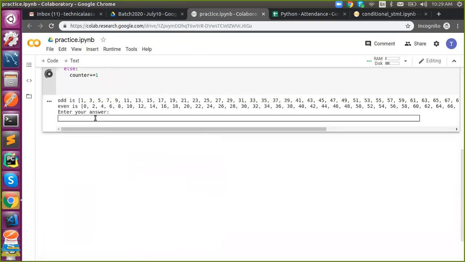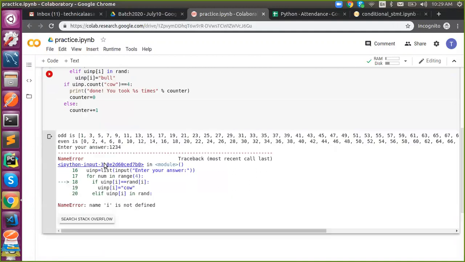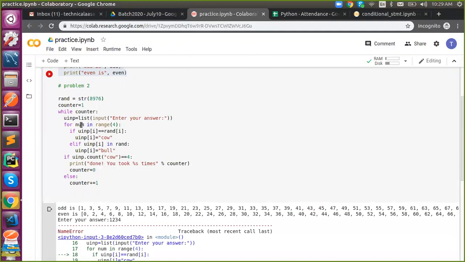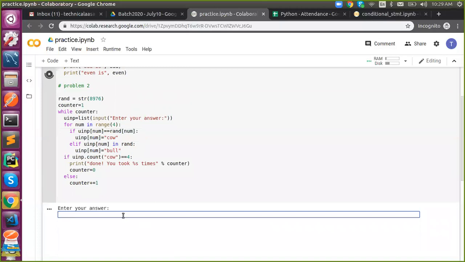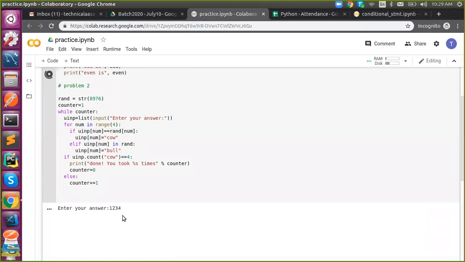So let me try something. It should raise a name error. So it is a name error. Okay, now we are supposed to change everything to the number. 1, 2, 3, 4.